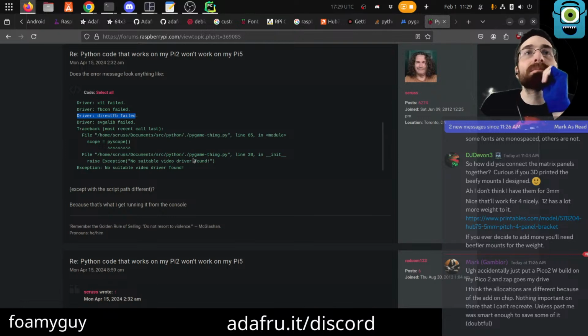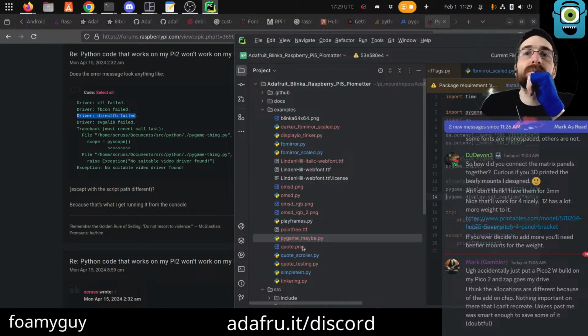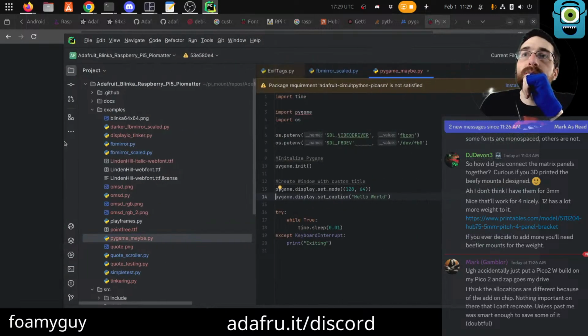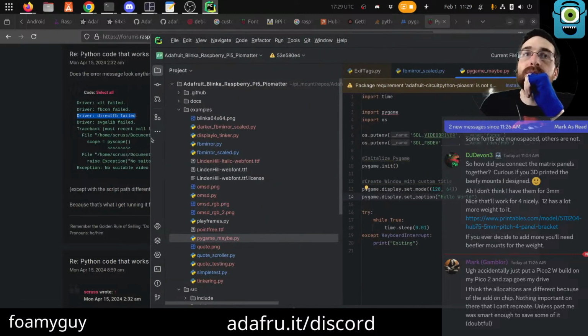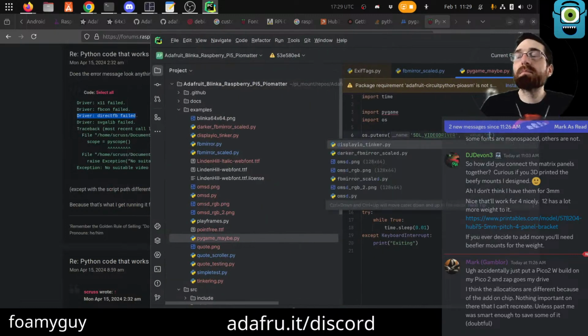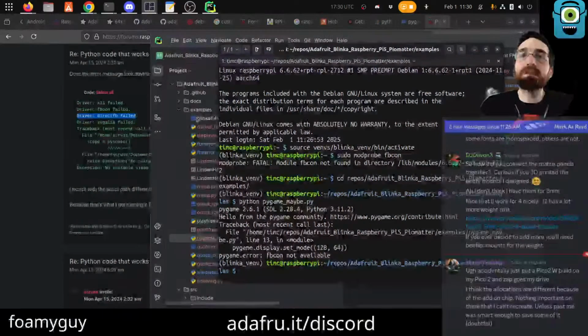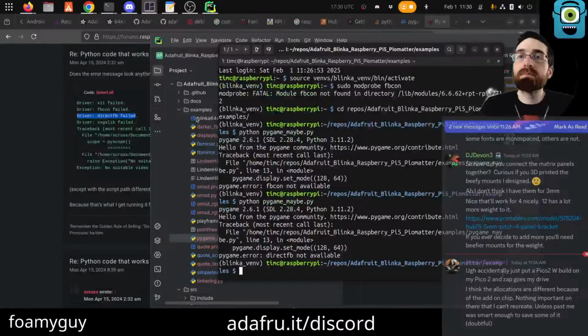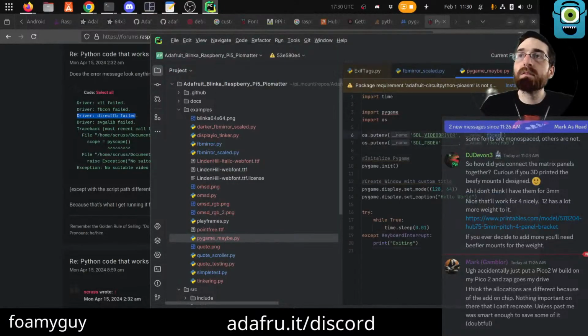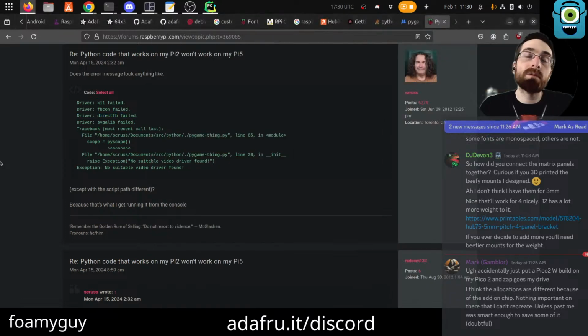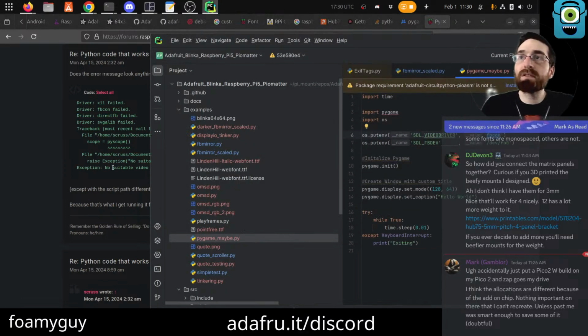DirectFB also sounds sort of promising. We try that. DirectFB. See if that's a thing you can just put there. Spelled the same way. I mean, we could try it on this one, I guess.